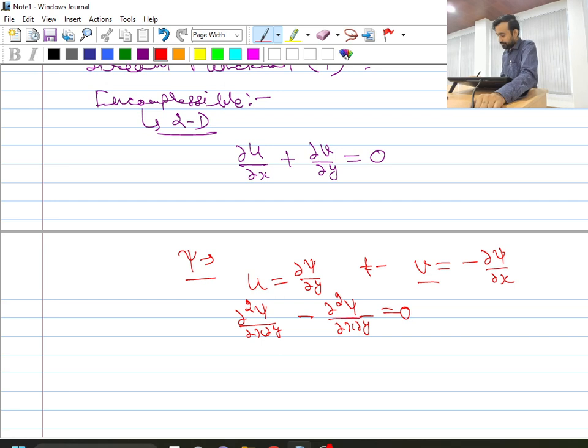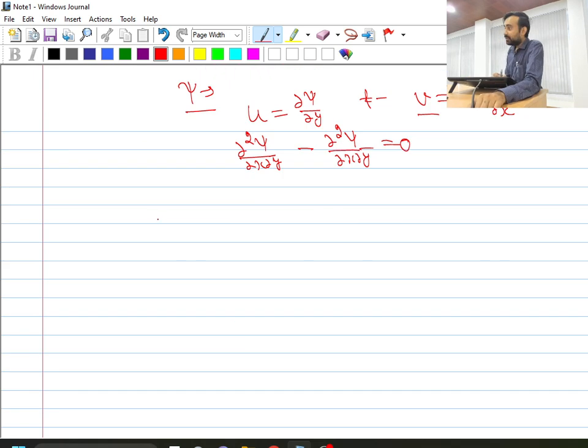Okay, so if I now write down the vorticity vector, of course for 2D flow the vorticity component will come only in the z direction. So my z component of vorticity will be del v by del x minus